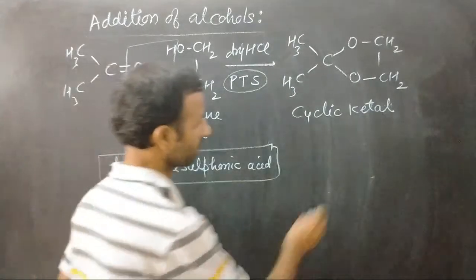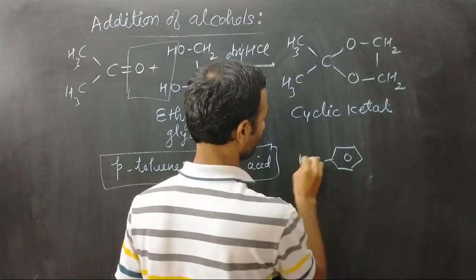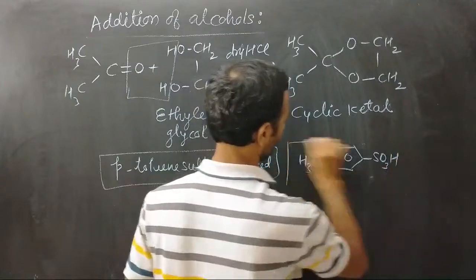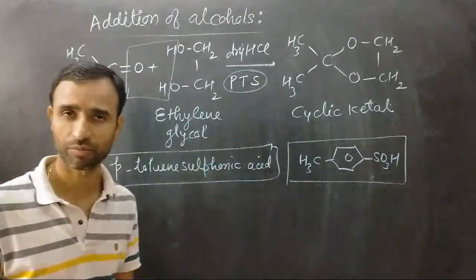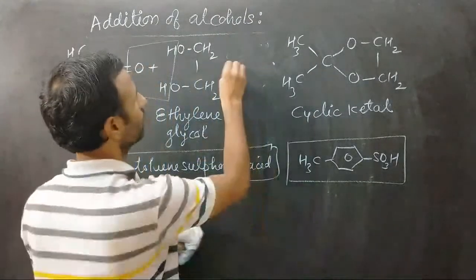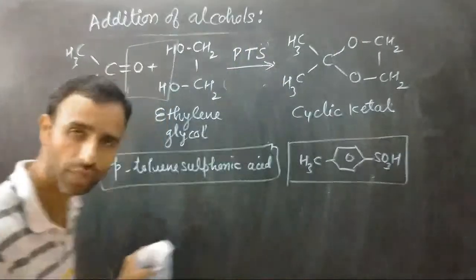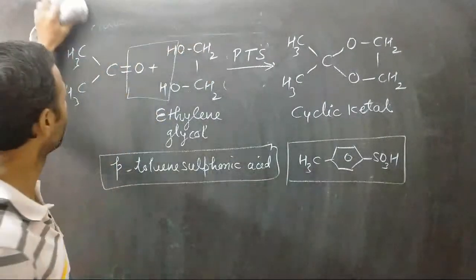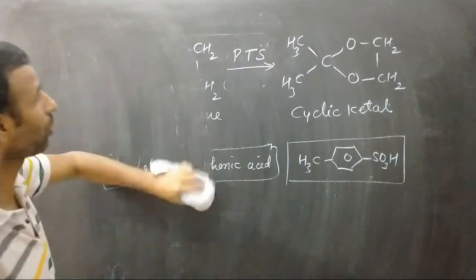Then what is para-toluene sulfonic acid? It is like this. Okay, so we write it in short as PTS. Rather than using dry HCl, we can use PTS. Okay, so this is about addition of alcohols, and this cyclic acetal or ketal formed